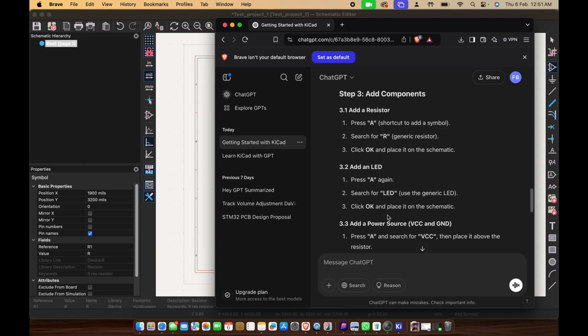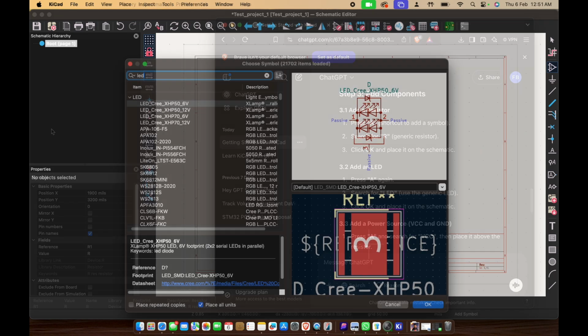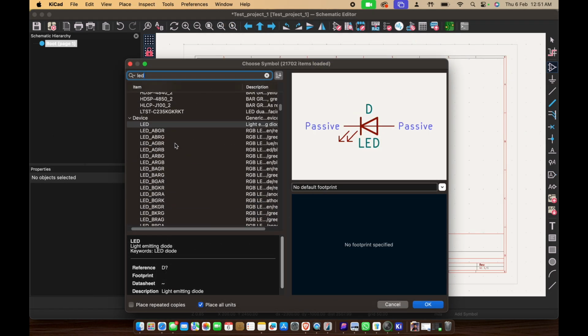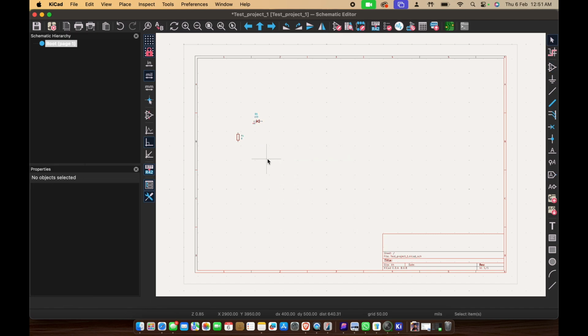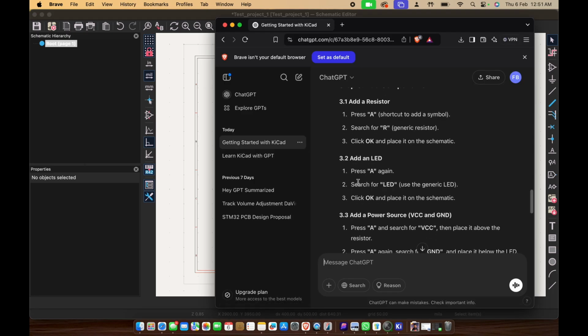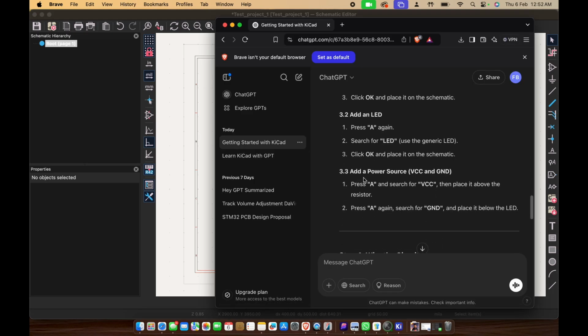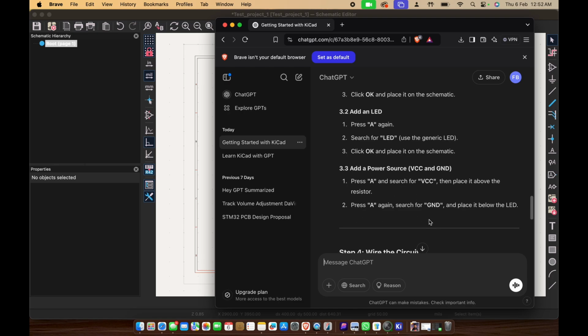Now we'll go to ChatGPT again. Add LED: press A, search for LED, click OK. So LED, it's done. Then the third step, add a power circuit, VCC and ground. Press A, VCC, press A, G and